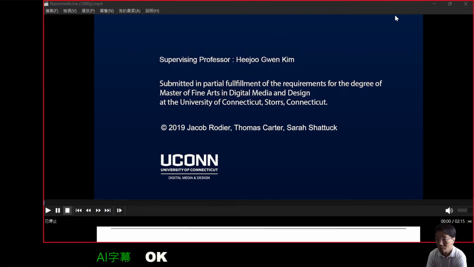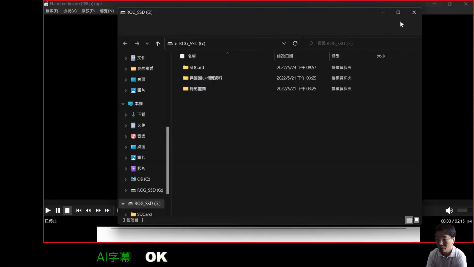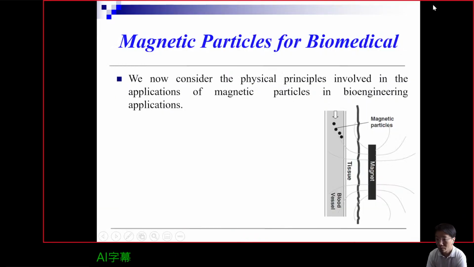Okay, I'm sorry about the voice that disappeared during the play. But actually, the video just gives you some concept about how to use the nanoparticle inside the body and the mechanism of the therapy. But in that video, we do not put the magnetic